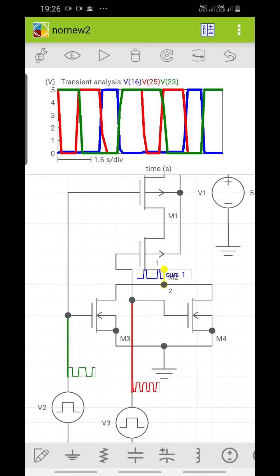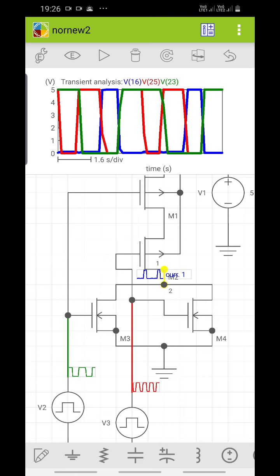Red is one input. So 1 0, output is 0, blue is 0. Then both are zeros, red and green are zeros, blue is 1. When green is 1, red is 1, blue, the output, is 0.